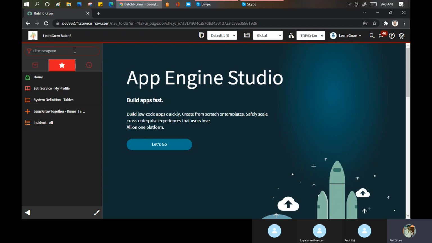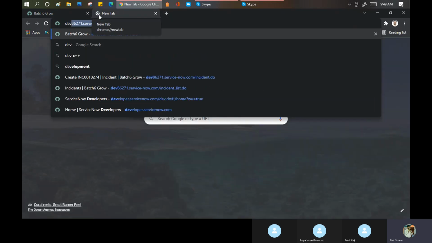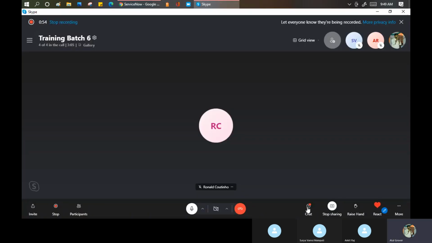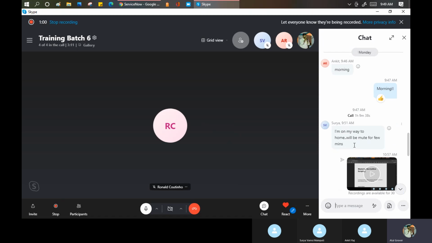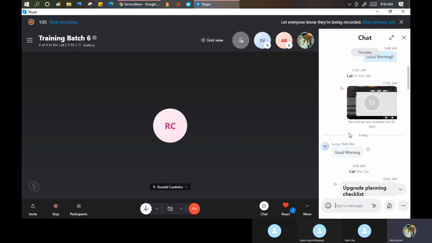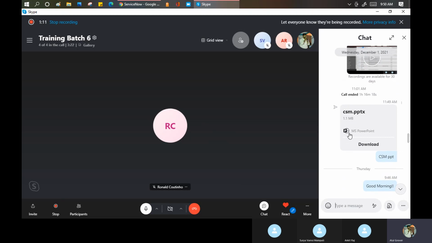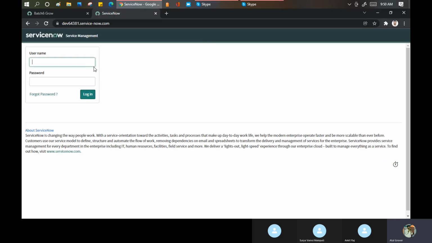Let me open Surya's instance. I'm picking Surya's instance so that I can show you at runtime how this plugin is installed.